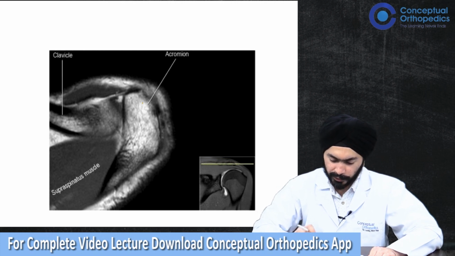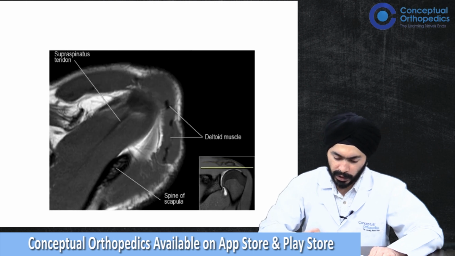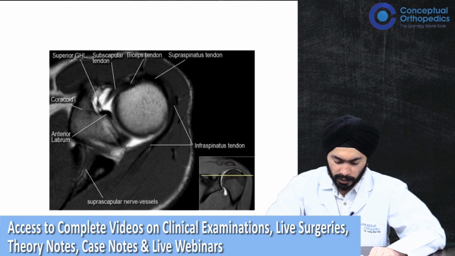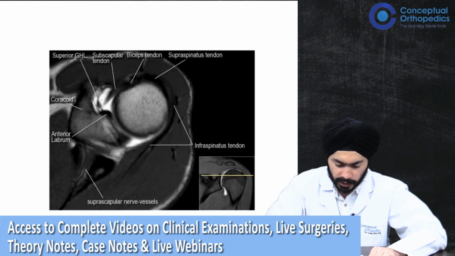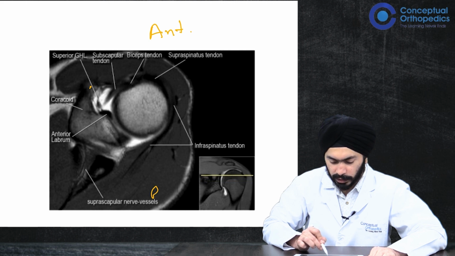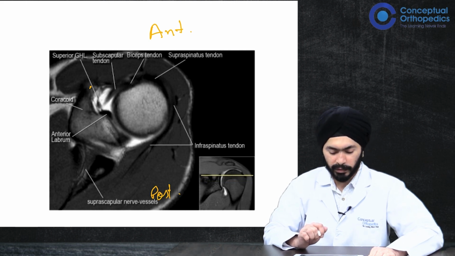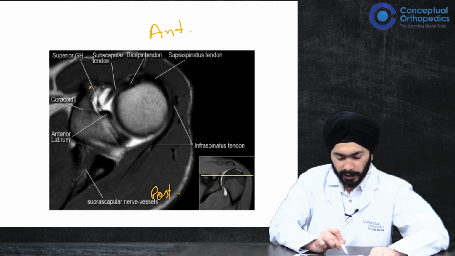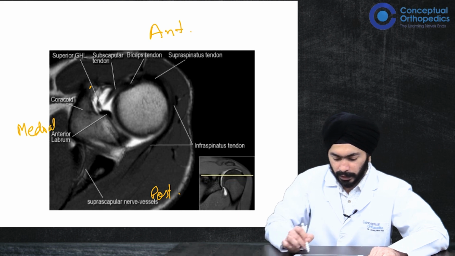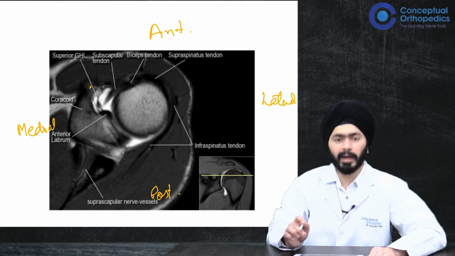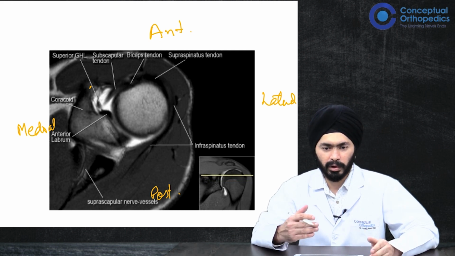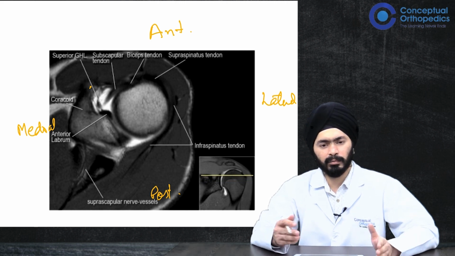I first want to see which is anterior, which is posterior. So I will go a bit downward so that I can look at the coracoid. Here I can see the coracoid process. Here it is the coracoid process. So this is anterior and this is posterior. This helps me find out which is anterior, which is posterior. I can see what is medial because from my coracoid, the glenoid would be medial. So this is medial and this is where the muscles are, this is lateral. This clarifies my anatomy, what I am looking at, and then I can go about reading the MRI properly.